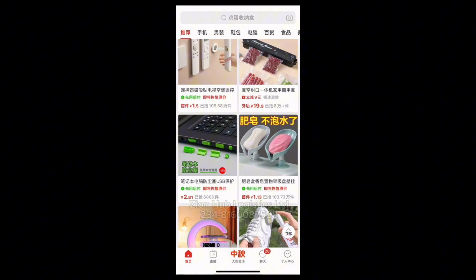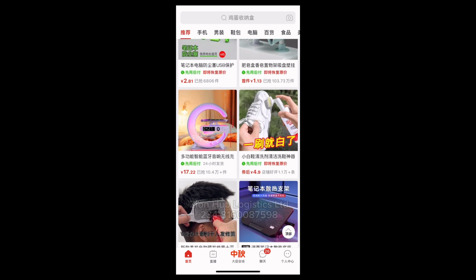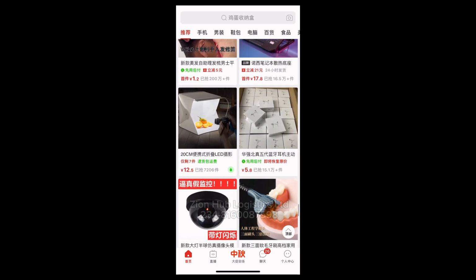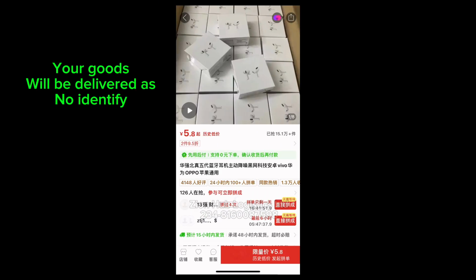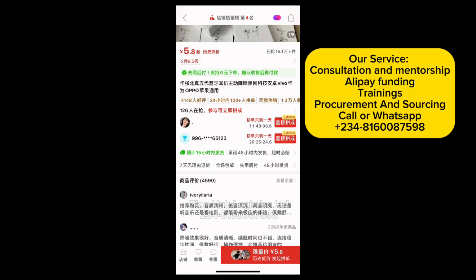All right, so let's proceed now. I'm going to be talking about the downside now. Let's look at another downside of you using Pindoudou. What I discovered is that when you are buying from them on this app, they normally deliver your goods with no ID. What do I mean by no ID? After you add your shipping address on Pindoudou, they will just deliver it to your shipping company